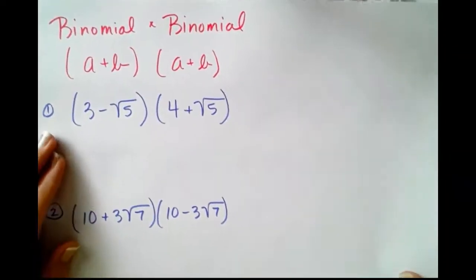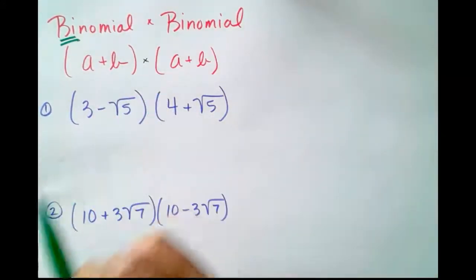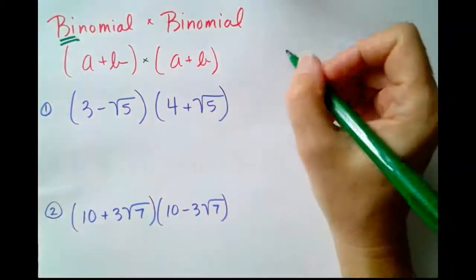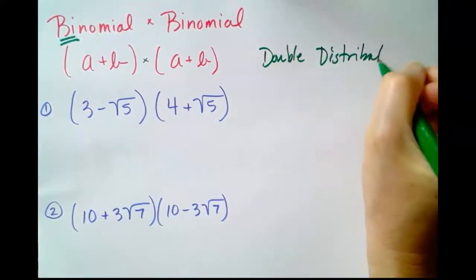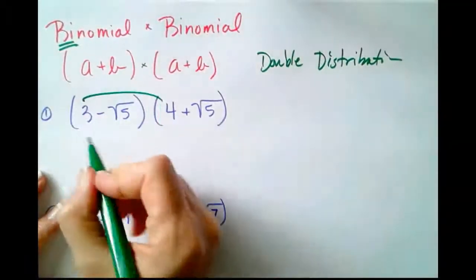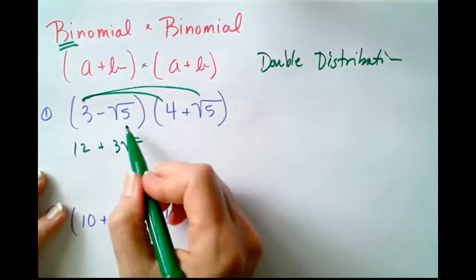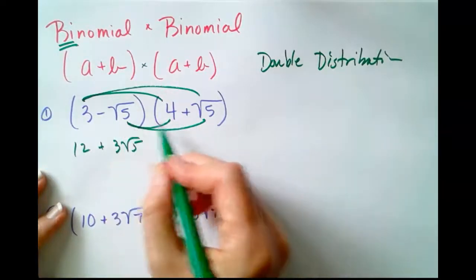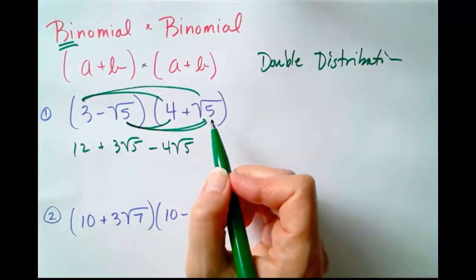If we have a binomial times a binomial, remember the prefix bi means 2, so a polynomial with 2 terms, so (a + b) times (a + b). If we have this situation, we've got to do a double distribution. So 3 times 4 is 12. 3 times root 5 is 3 root 5. Then the second term, negative root 5 times 4, negative 4 root 5, and then negative root 5 times positive